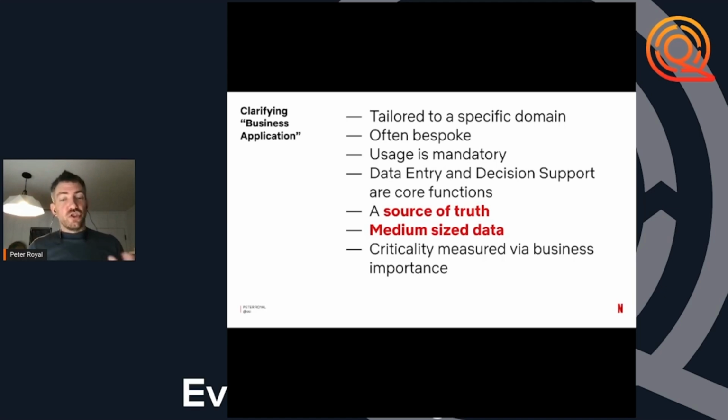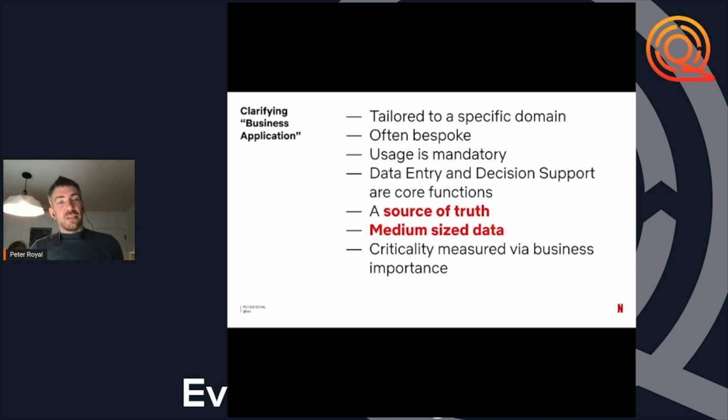The usage is generally mandatory by the business users because the fact that the data is captured inside of the system is considered to be a strategic value for the business. So we want to put the information inside of the system so it is all in one place, and the business can then use the information therein to make decisions and continue with its operation.